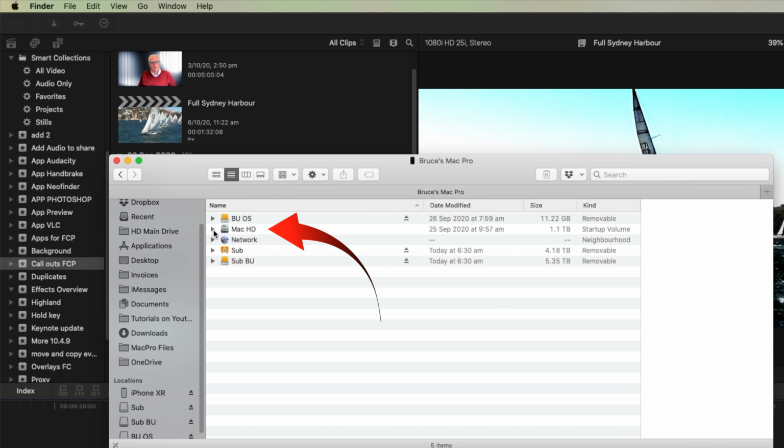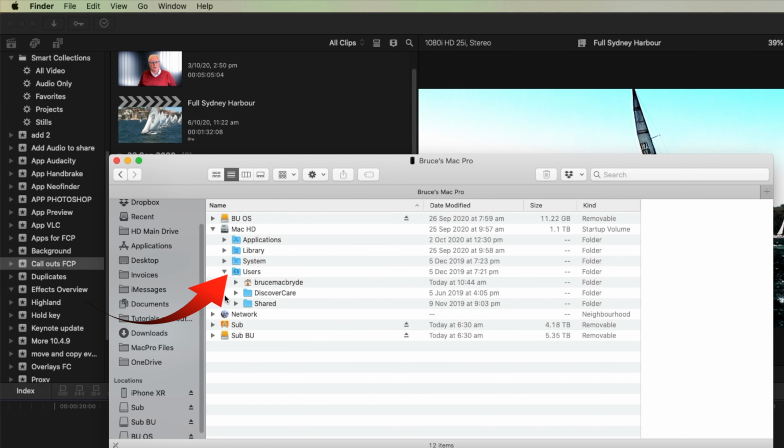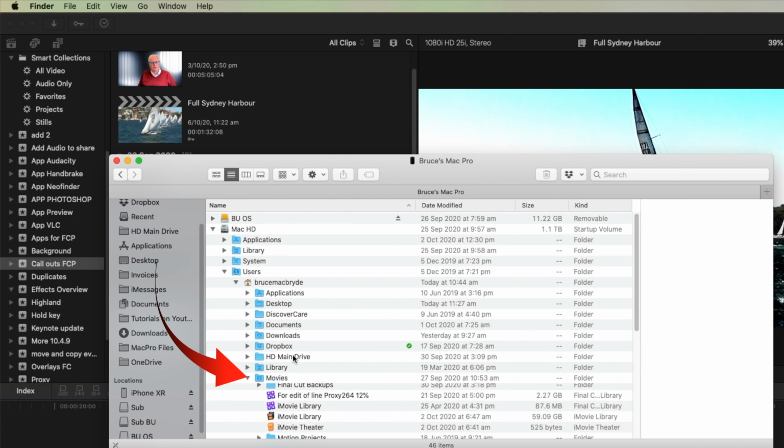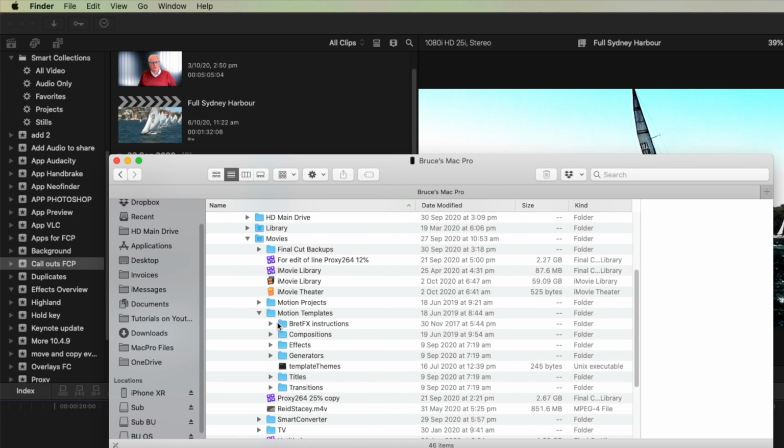The Final Cut plugins are kept in the internal drive, in the Users folder, under the name of that folder. They're in the Movies folder, and if you look inside the Movies folder, you will see Motion Templates, and the effects, generators, titles, and transitions are all kept in this location.